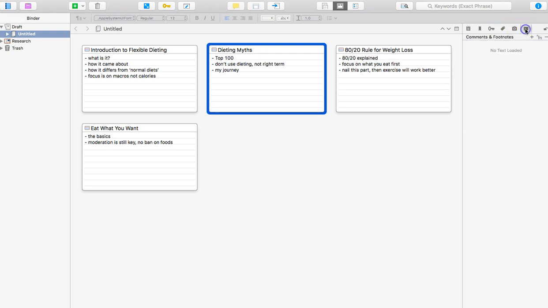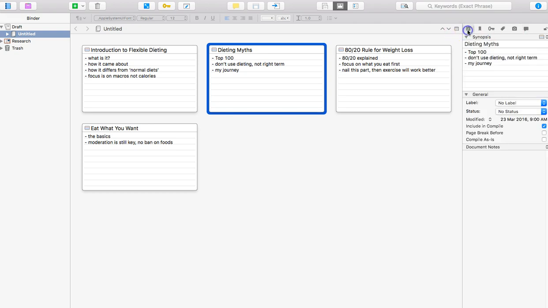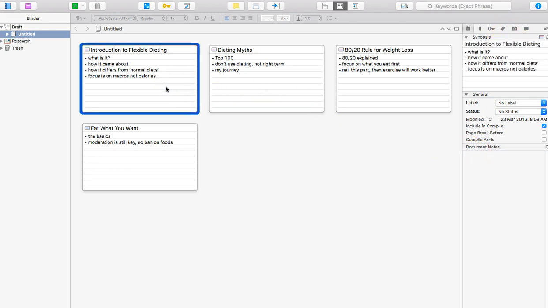The last one is just comments and footnotes. If you make a comment in the document, this will appear here. I generally just leave this here, and as things happen as the book progresses, some of these will make far more sense. At this point, I would start with the introduction,